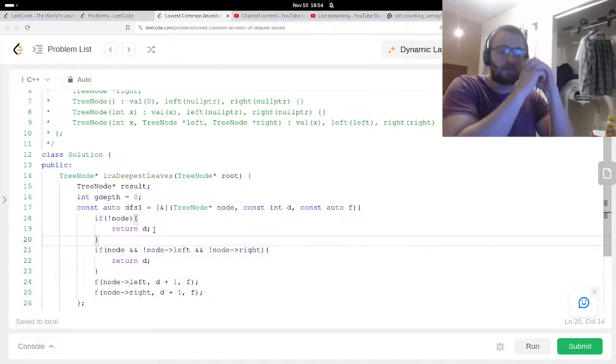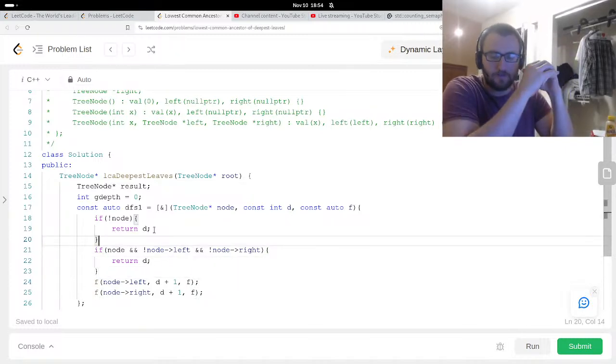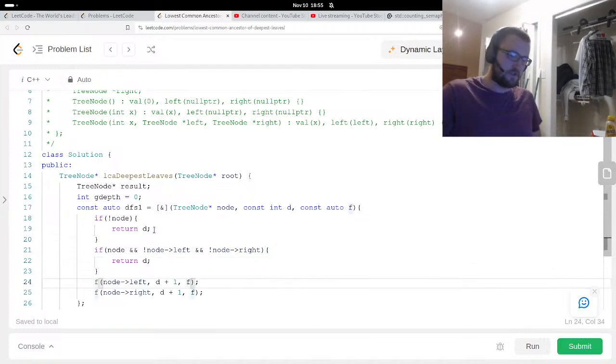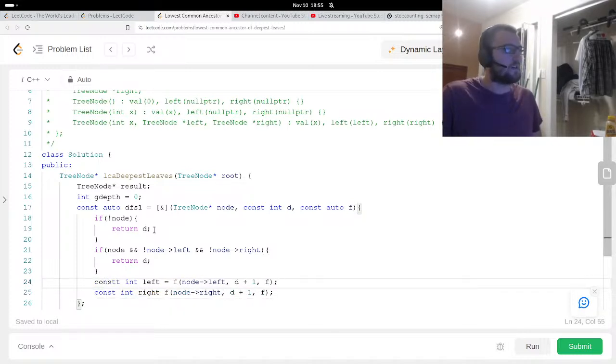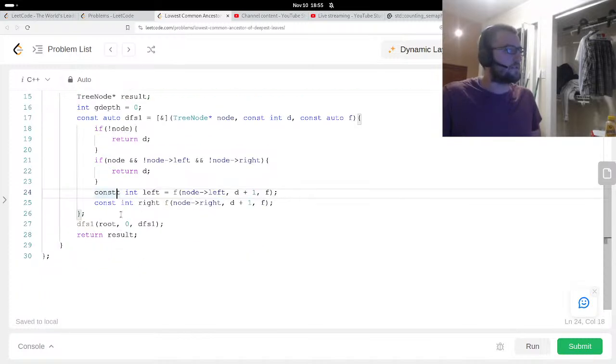But let's say it wasn't a leaf node. Let's say we had a node on the left and no node on the right. I want left and right. And I want to return